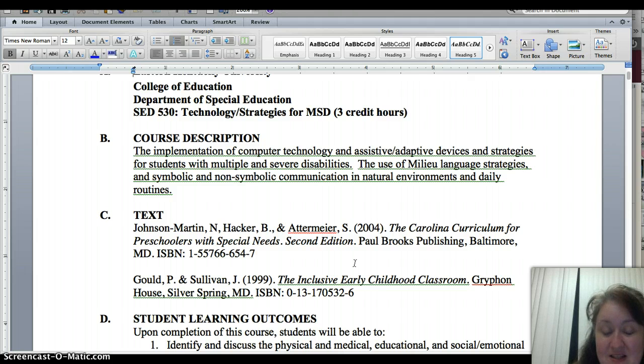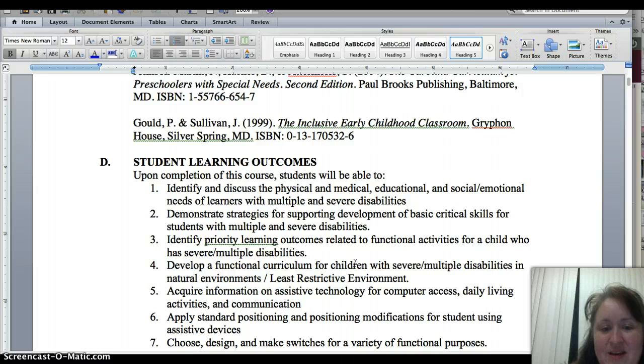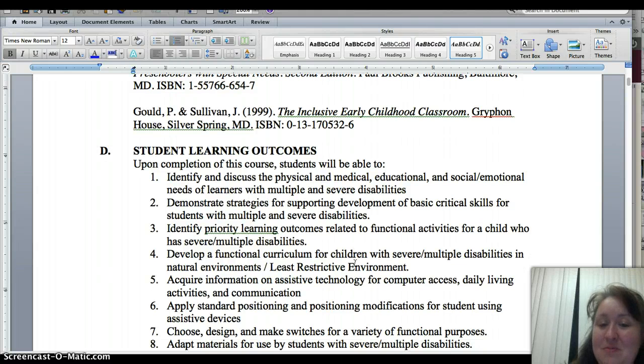If a student has this skill, what comes next? If a student is missing this skill, then how do we teach it? Our student learning outcomes are to use technology to support students with moderate to severe and multiple disabilities. We obviously want to support students in the least restrictive environment possible, and we want to use a variety of high-tech and low-tech to support students not only in school but in their daily living and their activities of daily